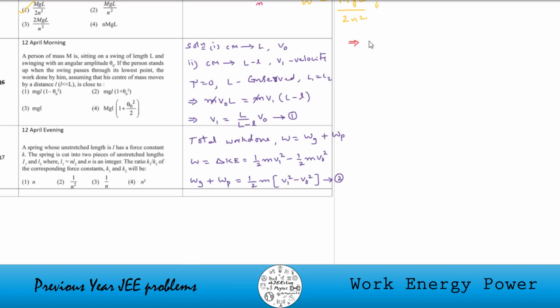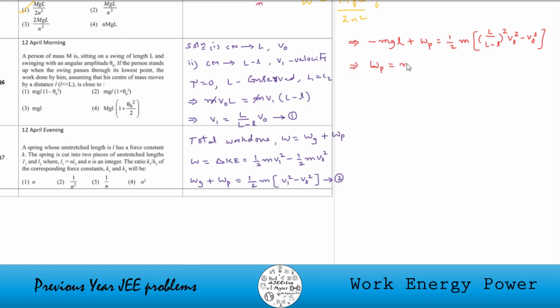So that is Wg can be written as minus mgl, work done against gravity when the center of mass is shifted a height of small l, plus Wp is equal to half m into V1 squared. From equation 1, V1 can be substituted here. So that is L divided by (L minus small l) whole square into V0 square minus V0 square, which implies